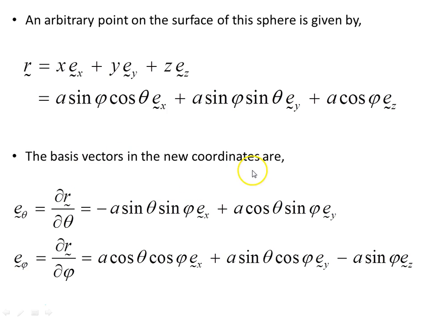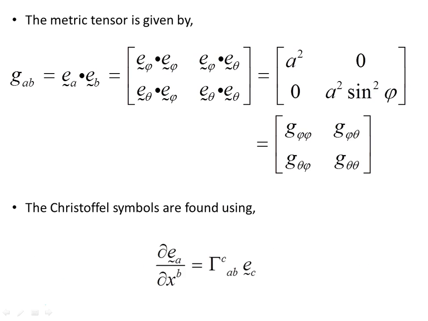All right, now the basis vectors in the new coordinates, there's only going to be two of them now, e theta, e phi, dr d theta, dr d phi. Here we go. Here's our basis vectors. All right, the metric tensor g_ab is given by this object again, much reduced. Going from 3 to 2 dimensions, it just produces this object here. The off diagonals are 0, and we've got a squared sine squared phi. Here we are. Now the Christoffel symbols are found by